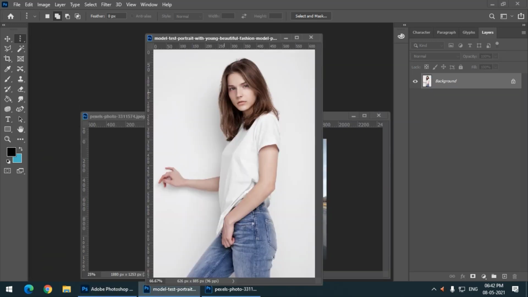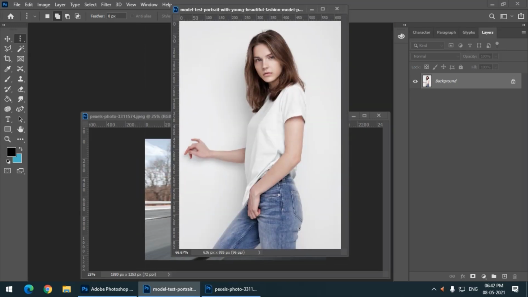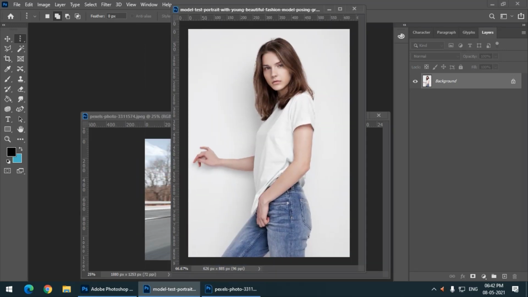Again, I want to select this particular image a bit more precisely or accurately. So I will right click on this tool, and we will get another set of tools. Now we have firstly the lasso tool, then the polygonal lasso tool and the magnetic lasso tool. First of all we are going to see what the lasso tool is. The shortcut key is L.